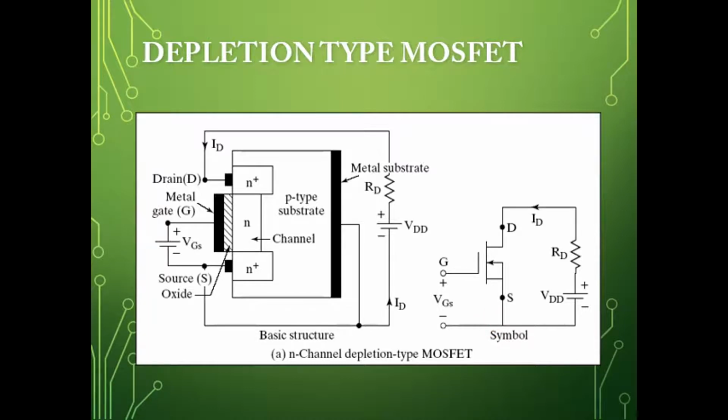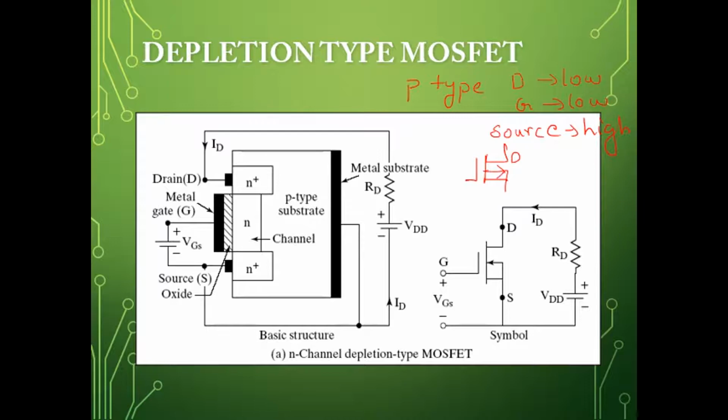And always remember that for a P-type depletion MOSFET, the drain has to be kept at a lower potential as well as the gate has to be kept at a lower potential, whereas the source will be at a higher potential. This you should always remember. And if it is a P-type MOSFET, then you can observe this is drain, this is the substrate, this is the source, the arrow mark pointing towards this end. Okay, that is if it is a P-type MOSFET.